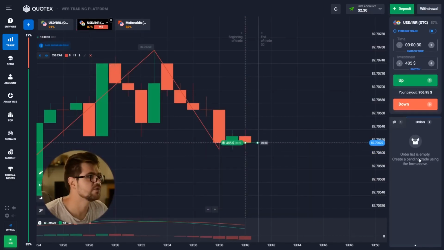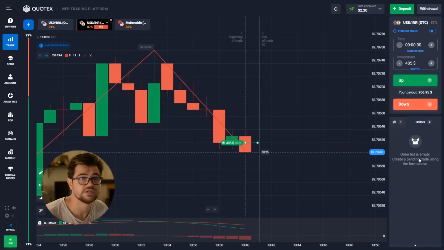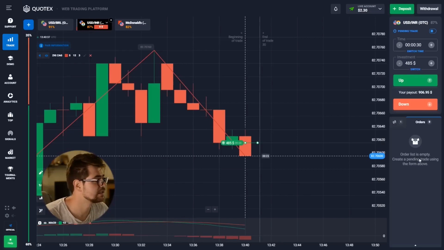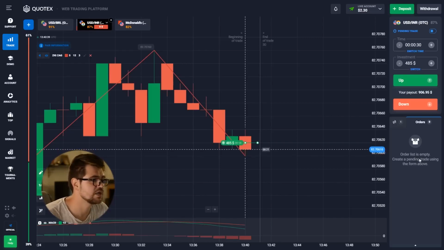So there we go, 487 and 485 is to go for the next option. So let's not waste too much time and let's just see. So that's not looking too hot actually. I would probably go with the put option here,